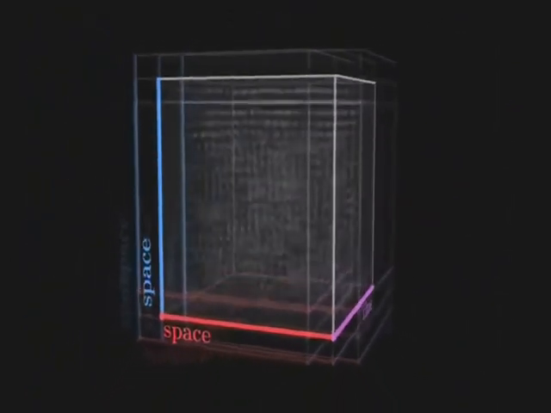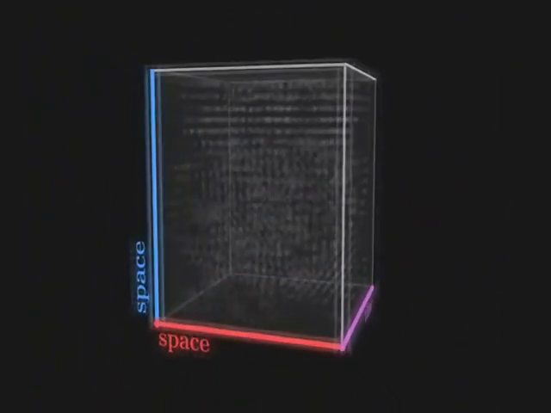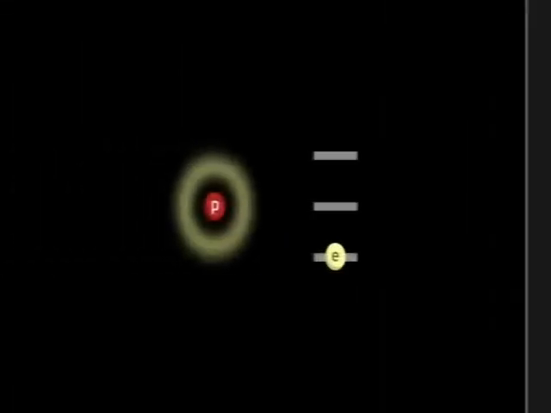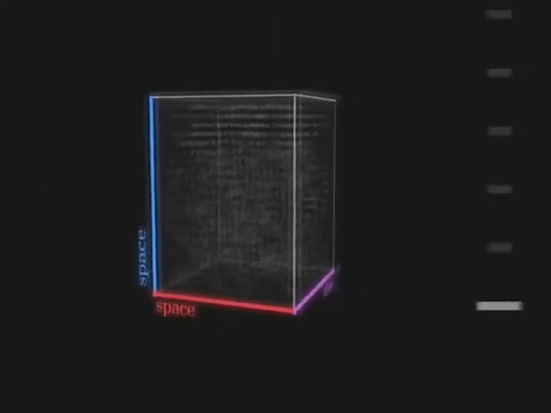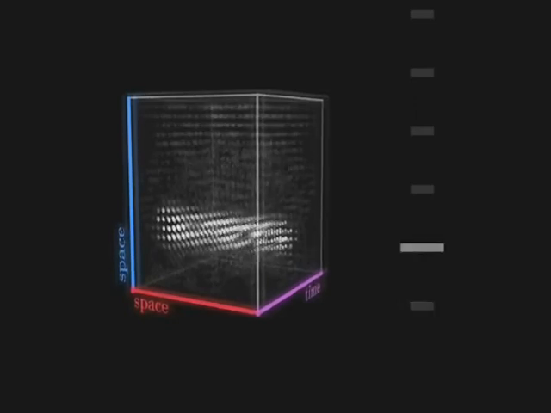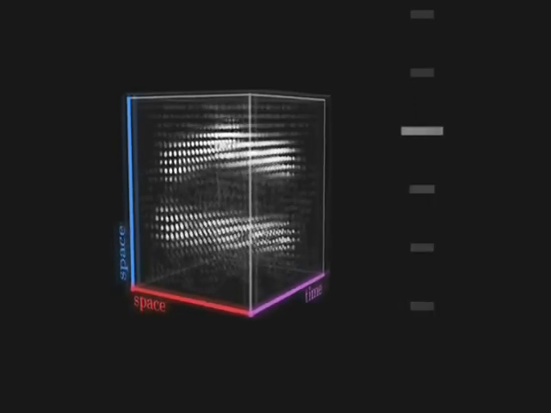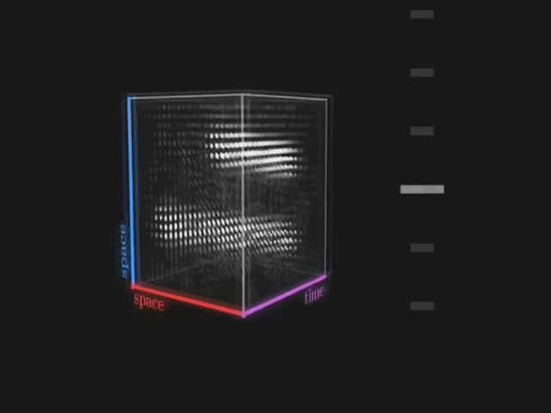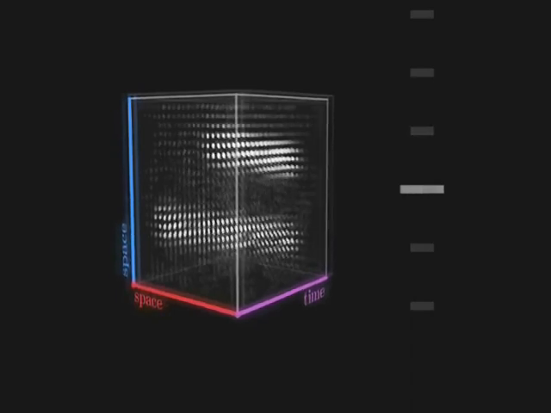Transitioning from a classical field to a quantum field results in a very interesting property. Just like an electron in an atom has well-defined energy levels, a quantum field also has energy levels. It can only contain an integer number of disturbances, quanta of energy, that can appear or disappear. These are particles. Much like a wave on the surface of water, a particle is simply a disturbance which propagates within the field.